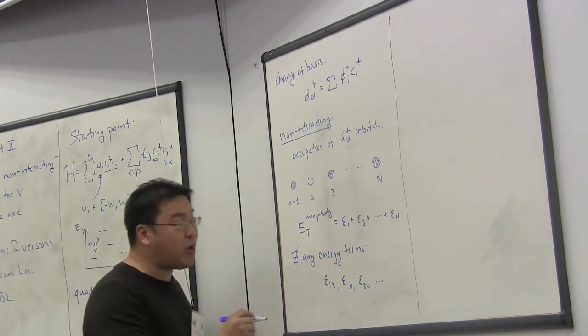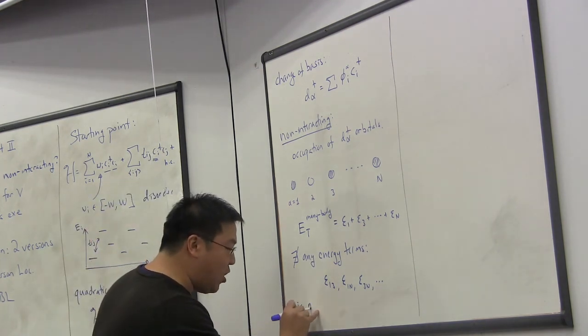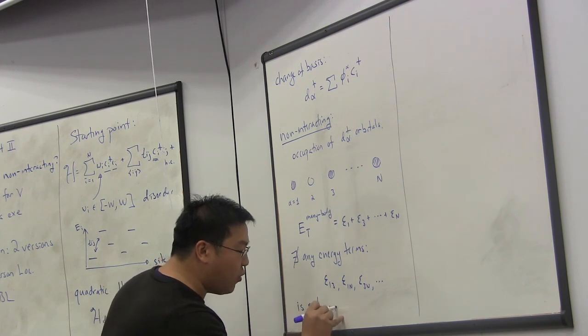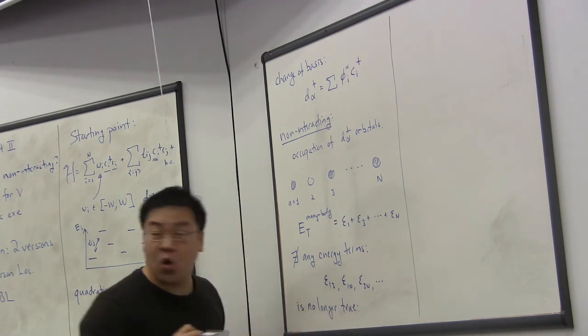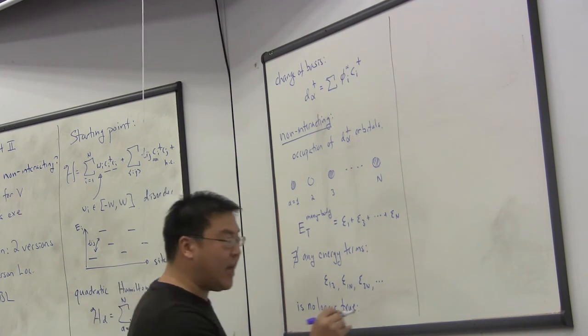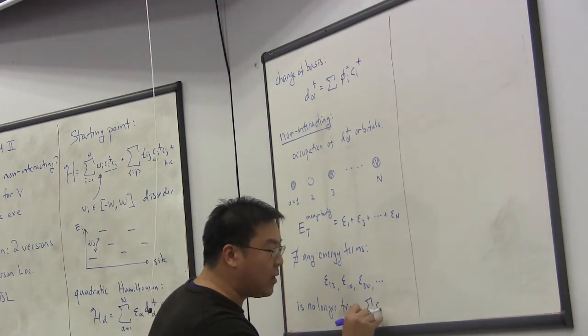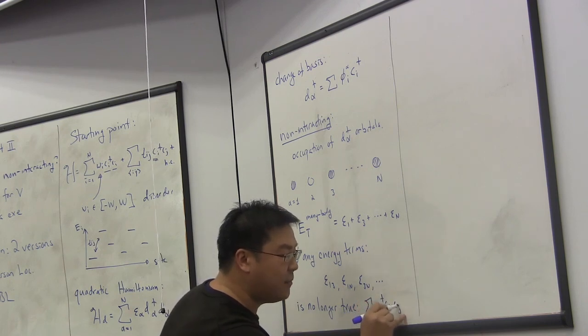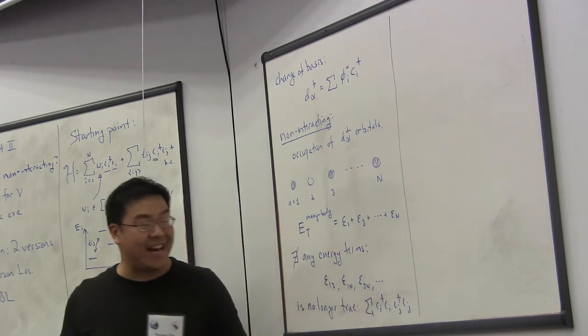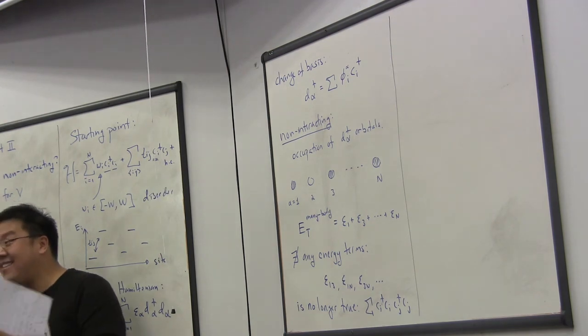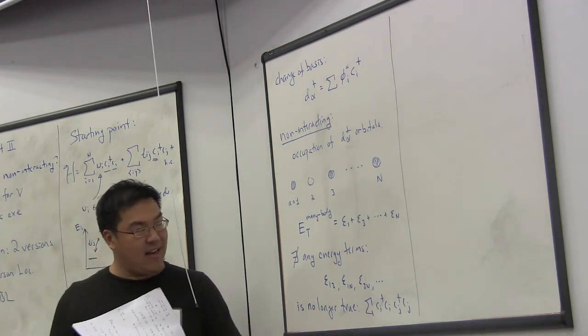And this will not be true. This is no longer true if you add on a quartic term. So if you guys remember, in Dima's lecture, he added on a term that looked like density-density repulsion. Actually, I don't remember the sign. It was c i dagger c i, c j dagger c j, so it was density-density interactions. And this is a quartic term.